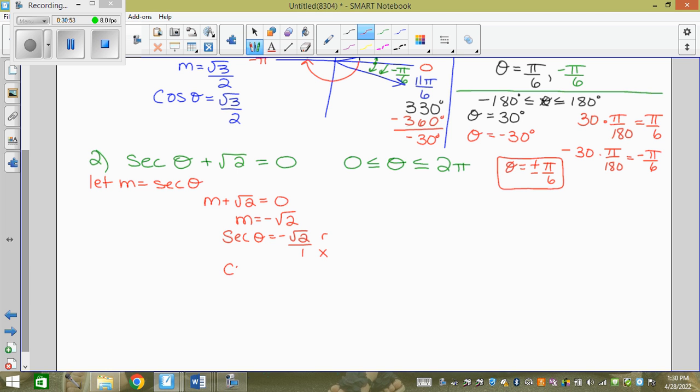So if I want cos theta, it's going to be negative 1 over root 2, which people think isn't on the unit circle. But remember, it is. It's just the unrationalized version of root 2 over 2. It's totally on the unit circle. Multiply by root 2, multiply by root 2, and I get negative root 2 over 2. Now where does that fall? Yeah, it's the 45-degree reference angles, and cos is negative here and here, correct? So x is negative here and here. So it's going to be at 135